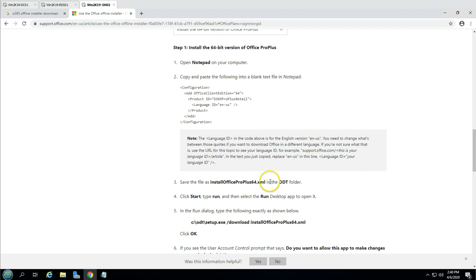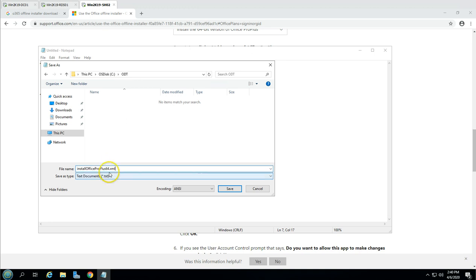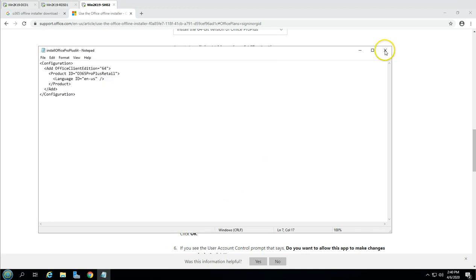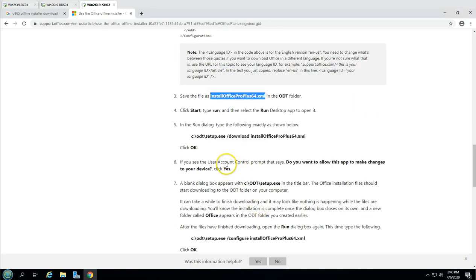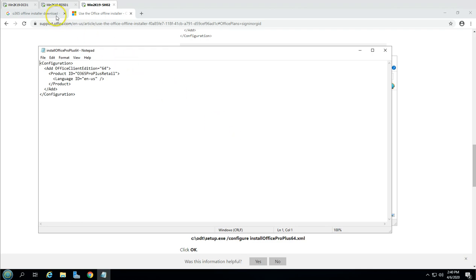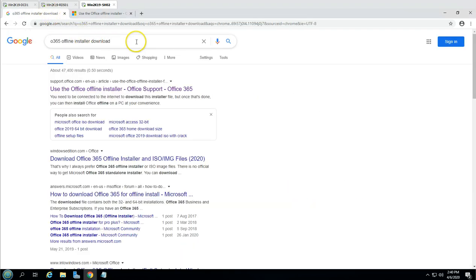So now you can save this file with this name, install Office 365 Pro XML. So I'm going to save it here, just save it, and now you can see it's going to download Office 365. So our current configuration does not allow us to use the shared computer. So what I'm going to do, let's search one more thing,